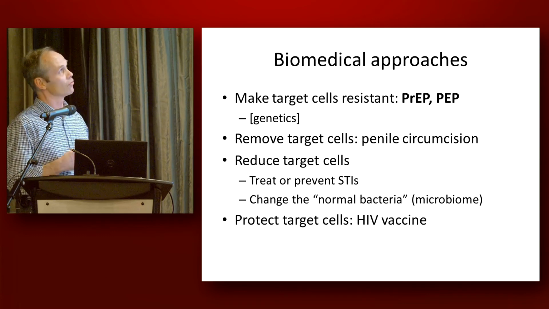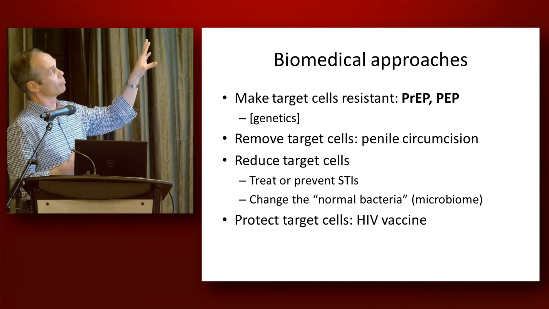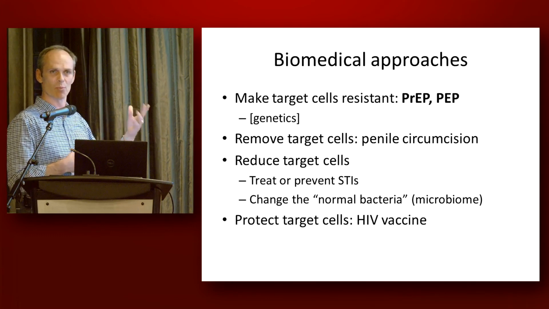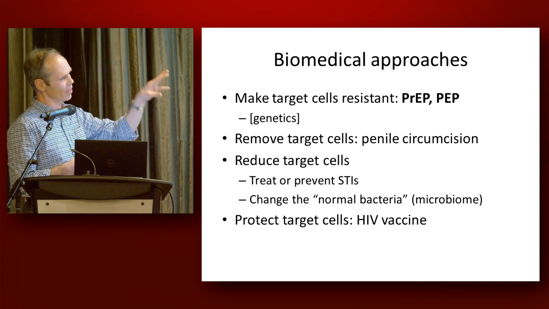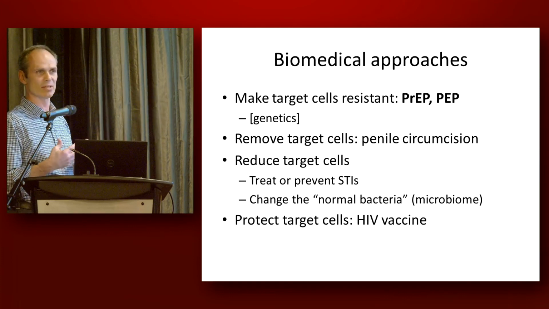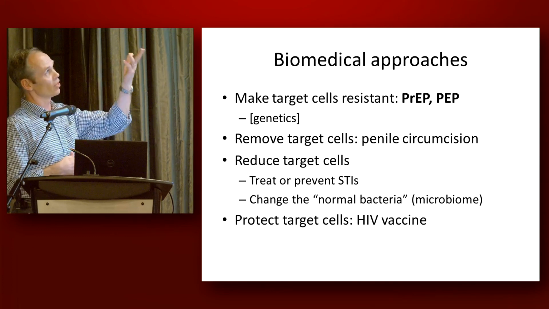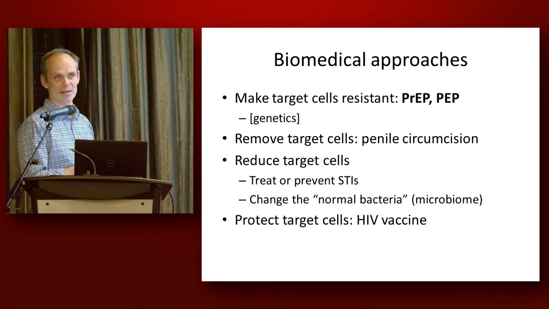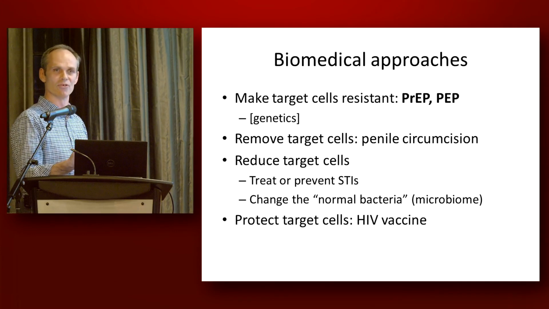So I think, just to summarize, to put some themes to it, you can make the cells that are present where I might get exposed to HIV resistant to HIV, and that's PEP and PrEP. A lot of the good tools that we have available now are based on HIV medications. And again, you're going to hear more about PrEP, I guess, from Isaac, and probably not as much about PEP, right? So PrEP is the pre-exposure prophylaxis, where I am already taking HIV medications before I get exposed to HIV. The PEP is the post-exposure prophylaxis, where I am taking medications after a known or potential exposure to HIV that might be high risk.